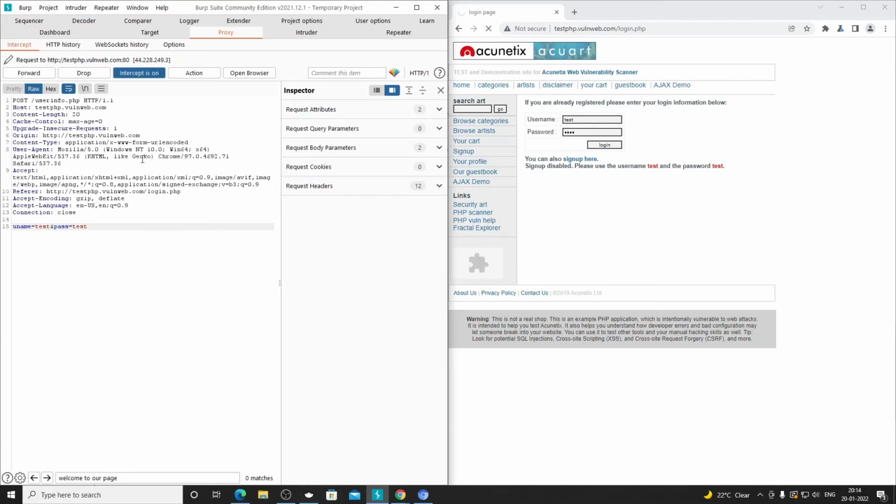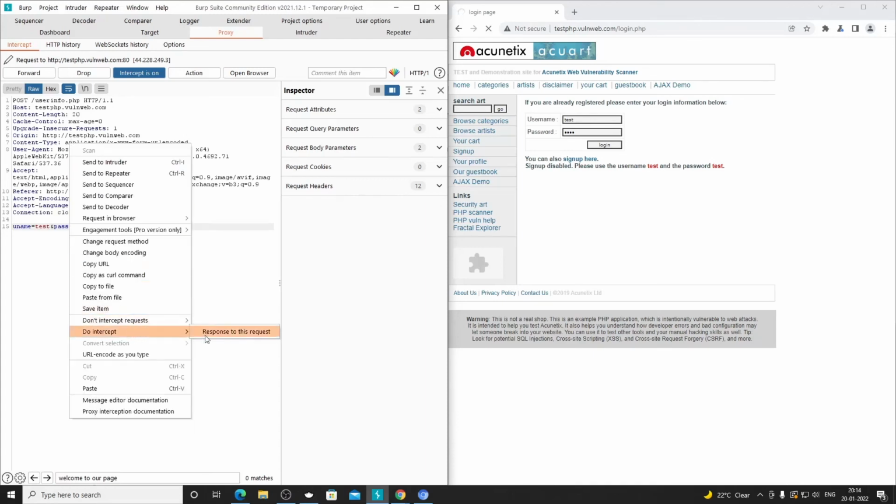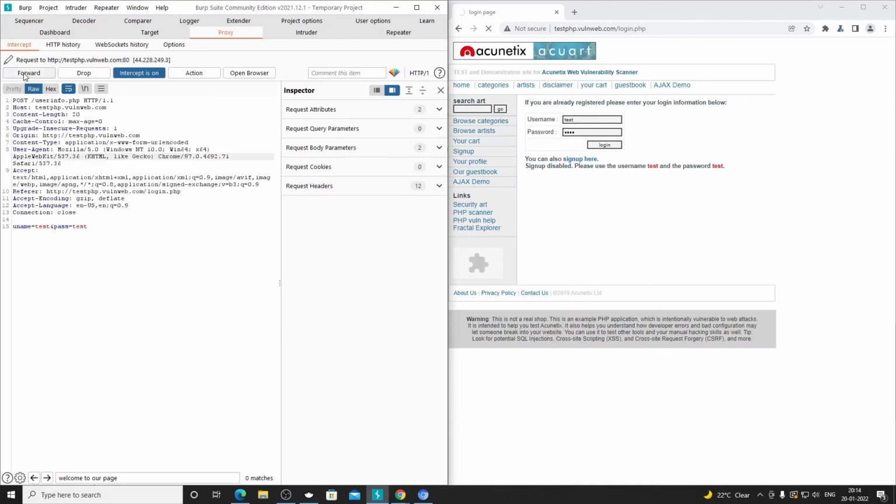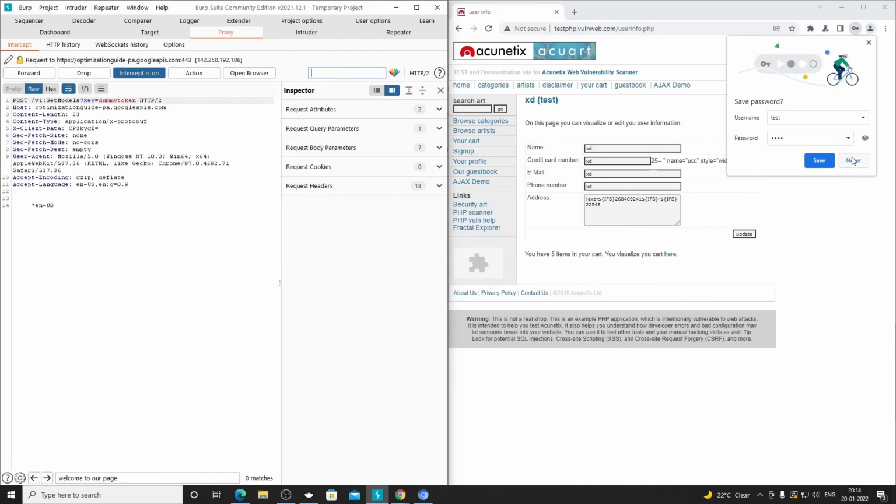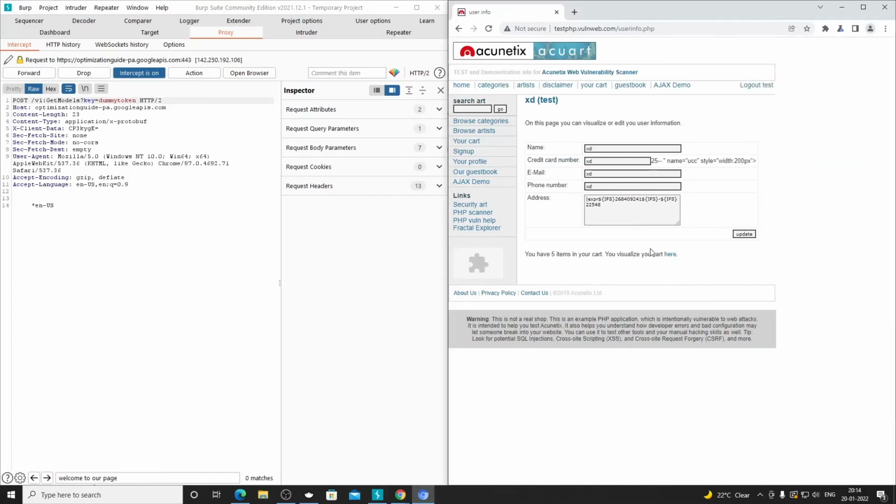Okay, it is not going to intercept because we didn't ask it to intercept it. So if I click on forward, we are in the profile, or like in the login. After login, whatever the user is going to see, we are there actually. These requests are actually from some Google APIs and things like that. If you want, you can forward it to the Google APIs.com, or you can drop it.